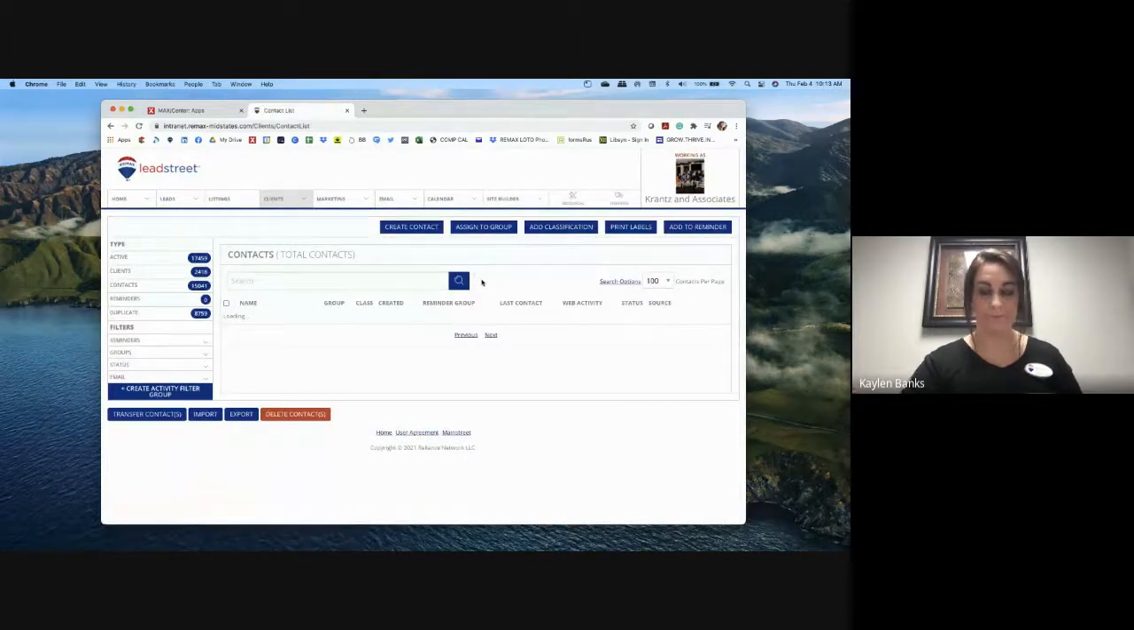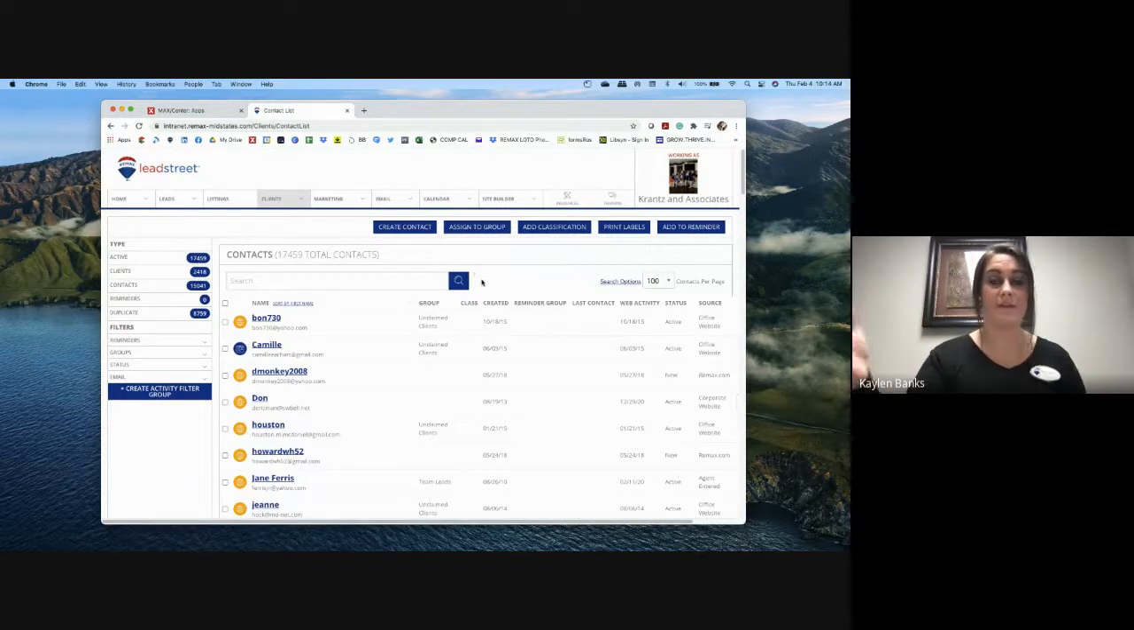Okay, cool. Now we're going to talk about duplicates. The duplicate feature in Leadstreet, I am personally a big fan of because when I started working my own list, I noticed that I had a ton of duplicates that I didn't even know about. If you want to address your duplicates, you have this great feature on your dashboard. And if you just click into duplicates,